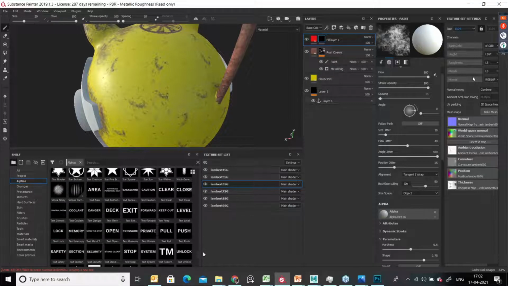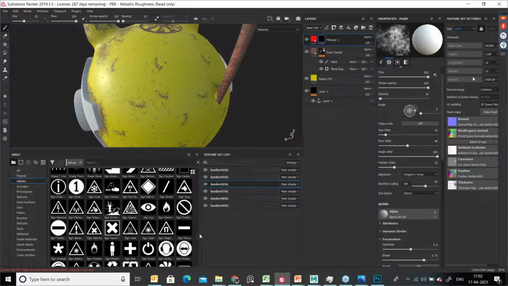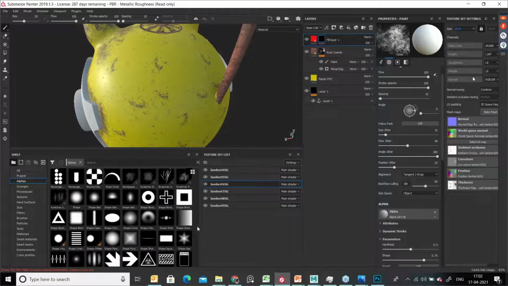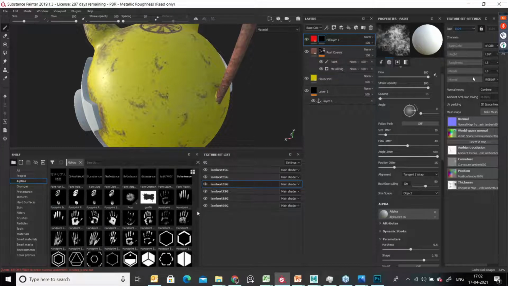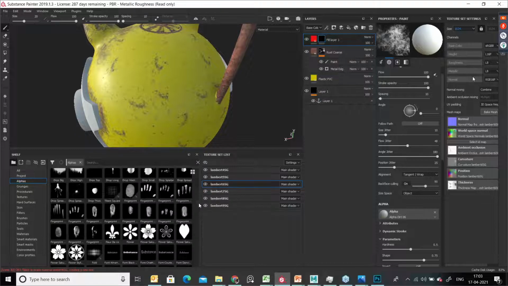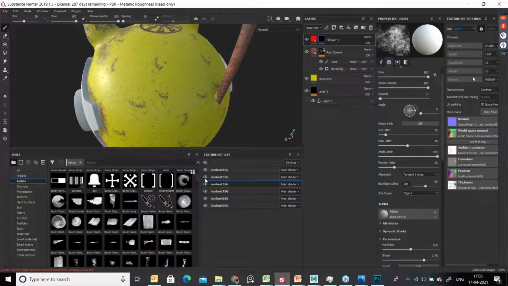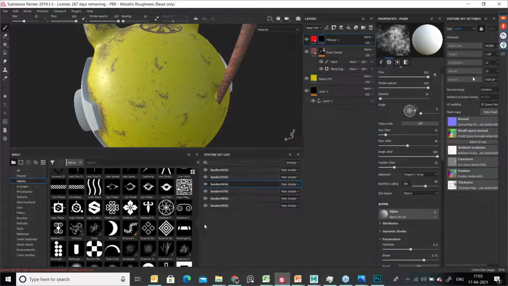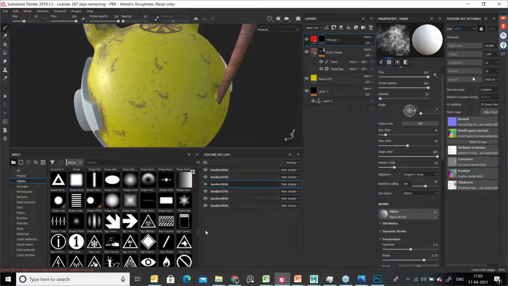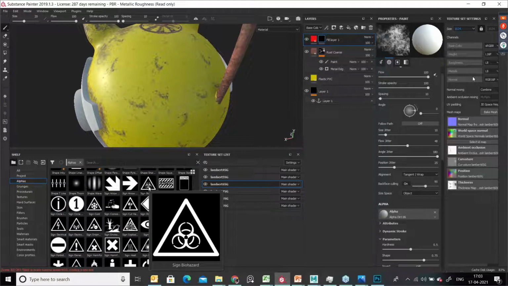I'm trying to search for that logo. I'm not getting that logo, that means a skull with some danger mark. It's not good. Okay, I can take some other nuclear kind of stuff. See here, this one I'm trying to use.